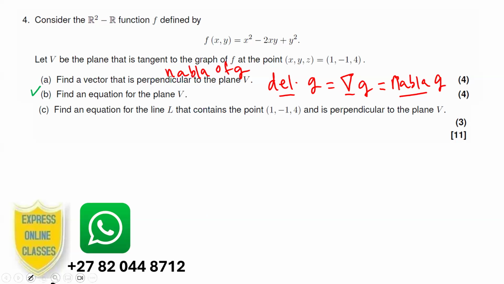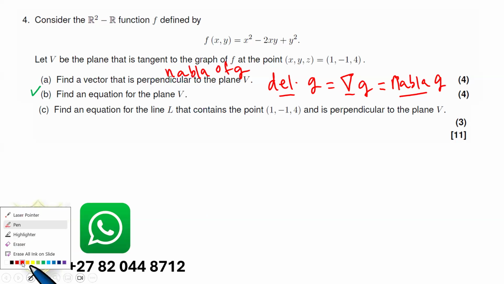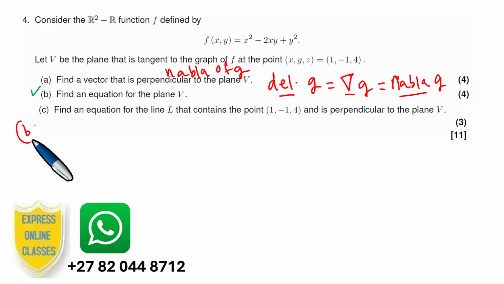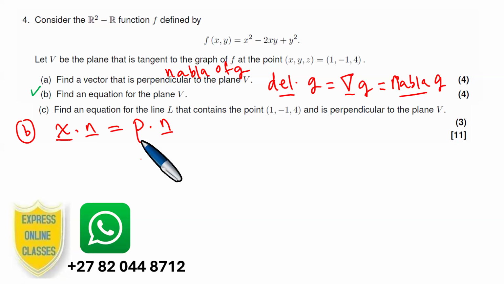Okay, now at this point, to answer question B, to find an equation for the plane, we're going to use a very famous formula. We use x dot n is equal to p dot n. This is the formula that we learn, and it is a very important formula that must be understood. This formula allows us to take an arbitrary vector x with the coordinates x, y, z, like this,